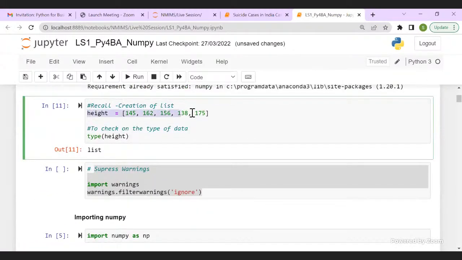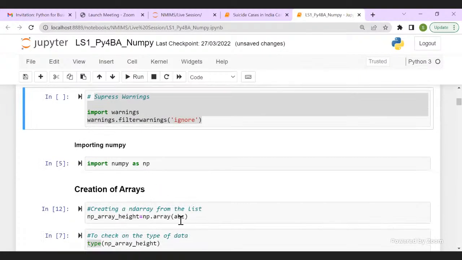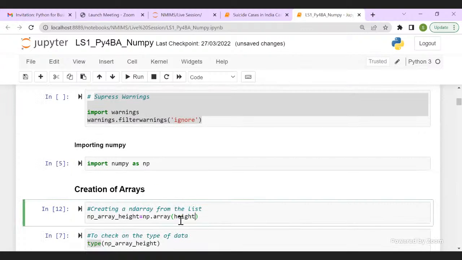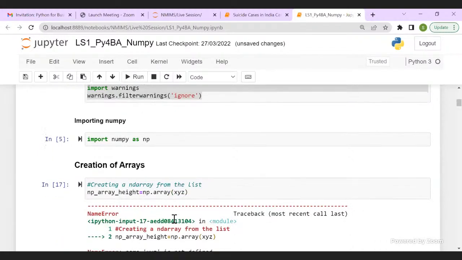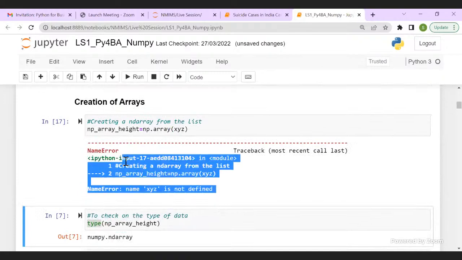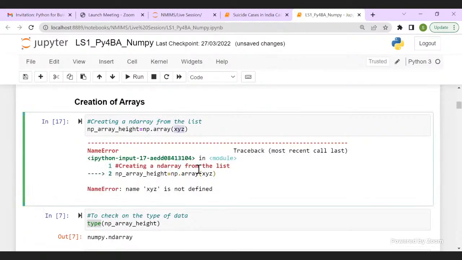Okay, this is a list I've created, data values. I run it, and the same name I have to give it here. Whatever the list you have created, I'm giving the same name here. If you don't give the same name, you will get an error. It's already there in its memory, so it is not giving me some other name. So Deep was getting this error. Okay, you got it now. So let's roll back the changes.